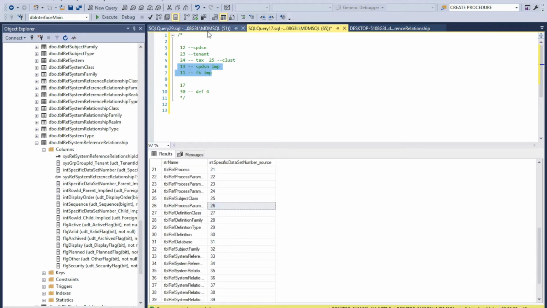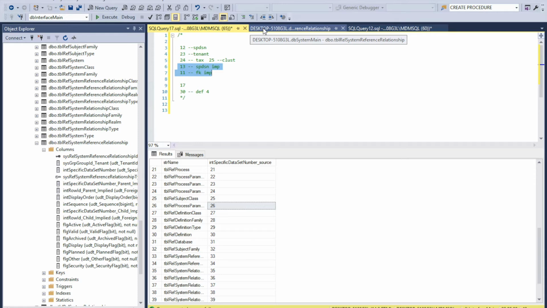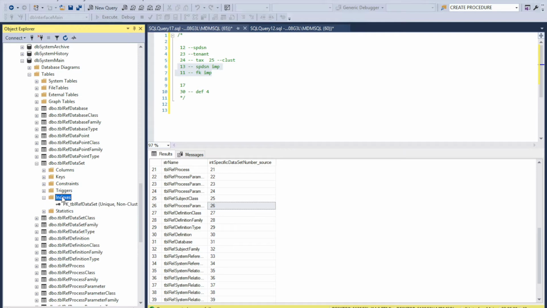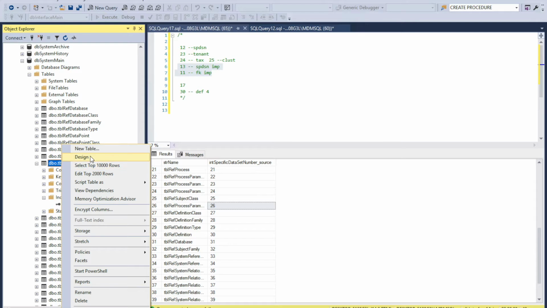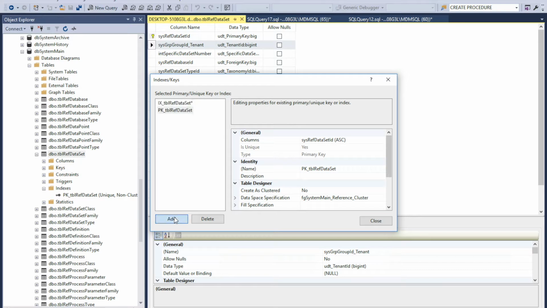So the next step is actually to code, because my definition doesn't have a process type ID. And I'm going to close these. So how I like to code is actually just go to a table. You see, I did try to test this, but I didn't make it too far. And create a clustered index. Actually, we're going to do it a different way, because we want SQL to write our code for us. So I'm going to create a new index that will,